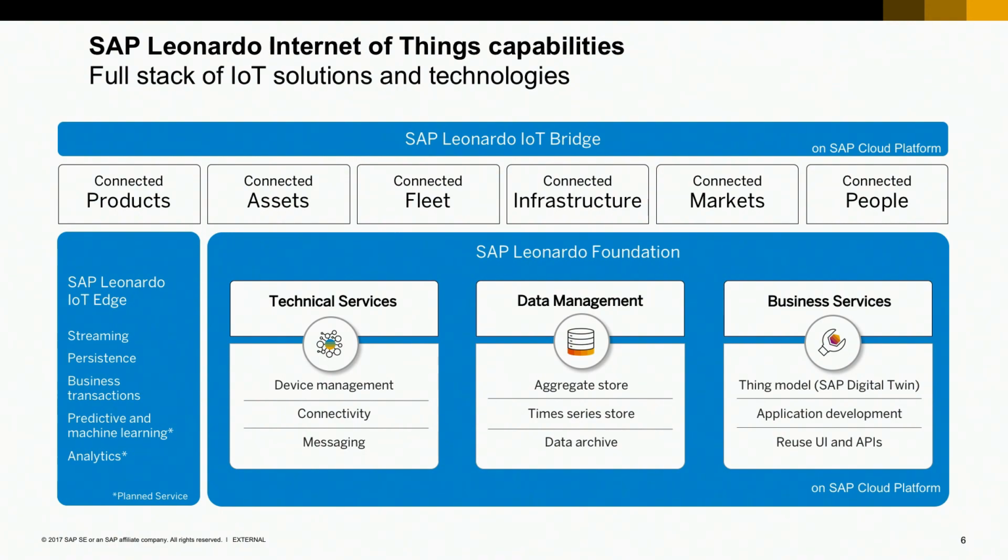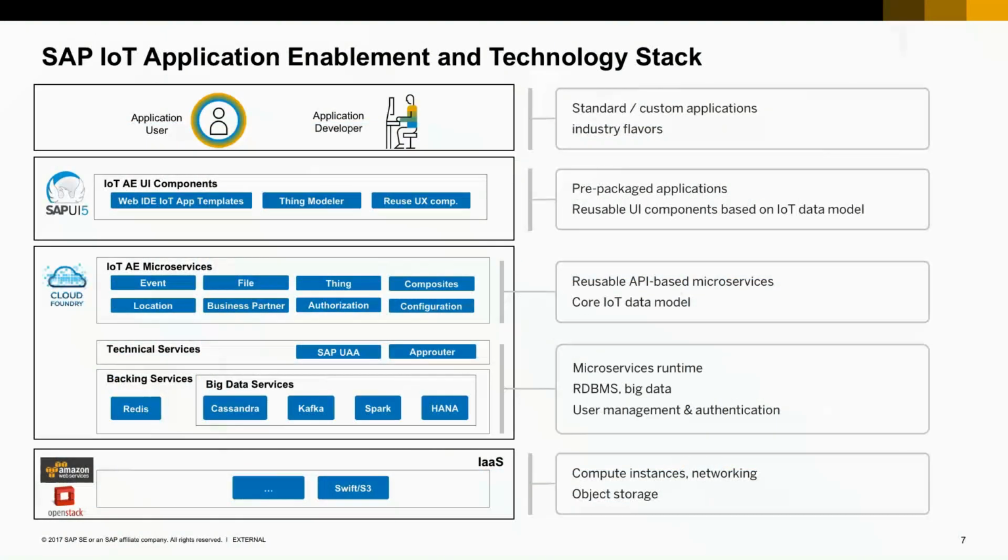Next one, I don't want to say too much. I mean, if you look on paper, all the cool stuff is in there. It's all in the cloud. You've got HANA, you've got Cassandra, Kafka, Spark. I'll say a bit about that as well. You've got Cloud Foundry for the microservices, and then, of course, our good old web IDE and UI5 on top